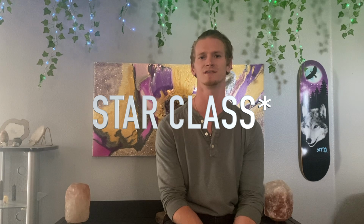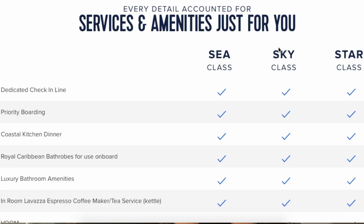All right, another really cool tip and trick I have for you guys, which I have not yet been able to experience yet, is the perks of being in a suite. So if you upgrade to a suite, you do get whatever benefits that suite entails. So for example, if you get something in Sky Class, which is the top most high suite on the Oasis class ships, then you're going to get your deluxe drink package, you're going to get your genie, you're going to